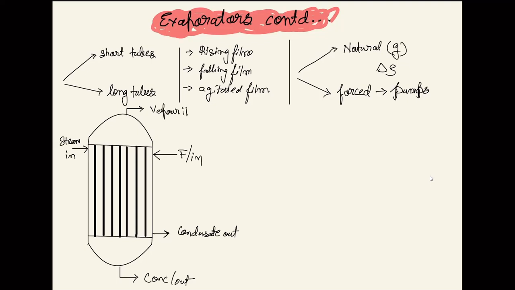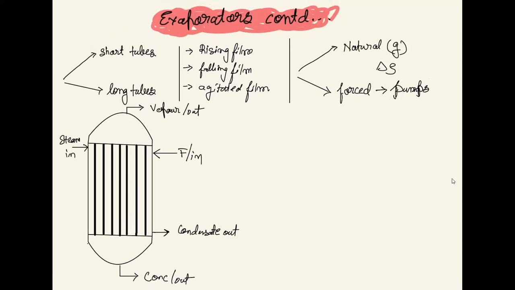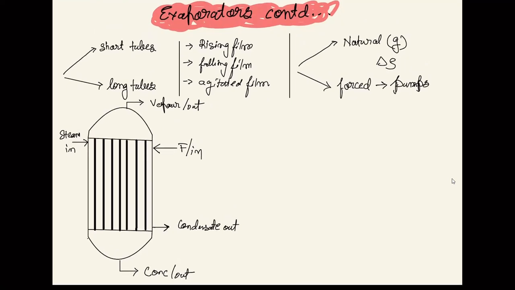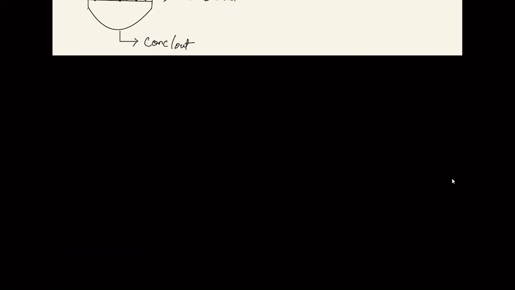All right. So basically these are the particular streams that are coming in and going out. Why I am drawing this diagram is because we will be doing some numericals today. We will be understanding how to do the process calculations across an evaporator, and we'll have to do mass balance and energy balance. For that we should know how to identify the streams. So that's the only reason why we drew this diagram.